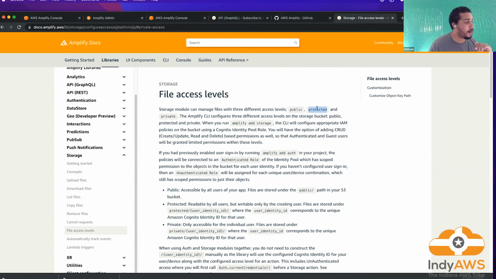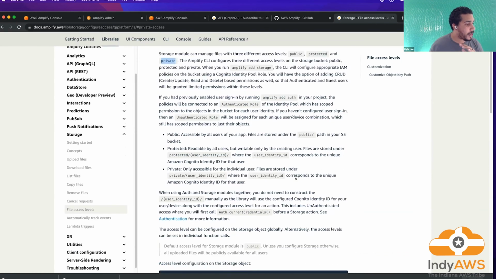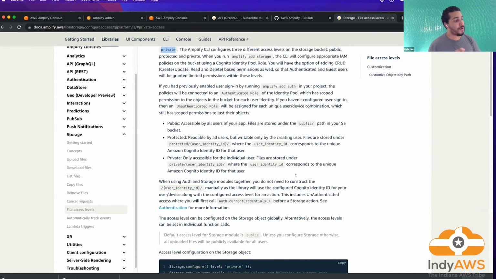Protected. So then you could have files that are public to everybody, or if you only want them to be relevant to the person that uploaded them, then you could do private, or you could have a little bit of flexibility with protected. And that's where you could do something with the user's identity ID.